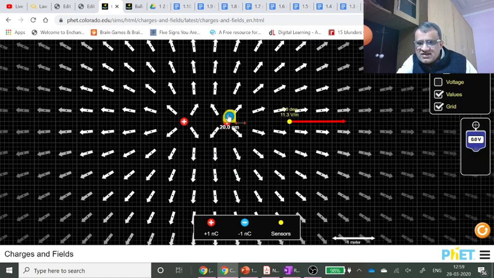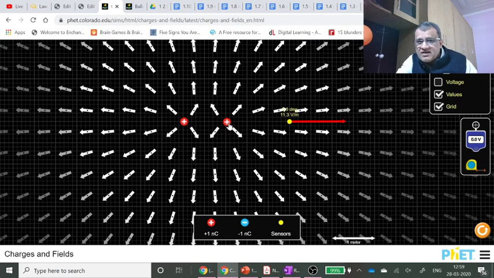Another thing that you have is this. If you want to find out the distance from here to here, there is this inch tape kind of thing. You pull it and it tells you how far away this charge is from here. All these kinds of things are possible in this simulation. Now let me move on to the second case